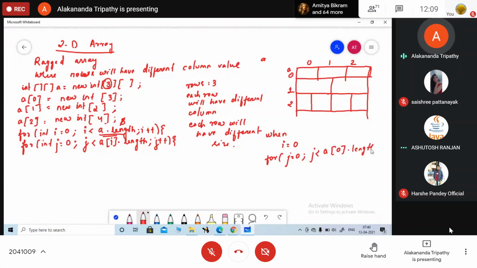What is the length of a[0]? 3. So here where will j go? a[0].length means j is less than 3. Okay. And what value will be stored here? a[i][j] = sc.nextInt(). Are you clear?